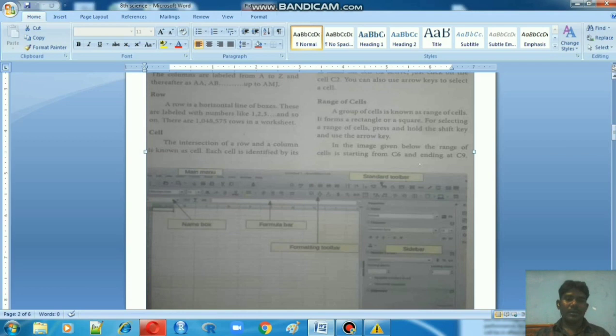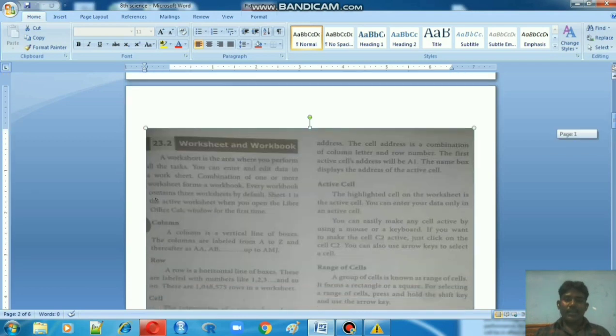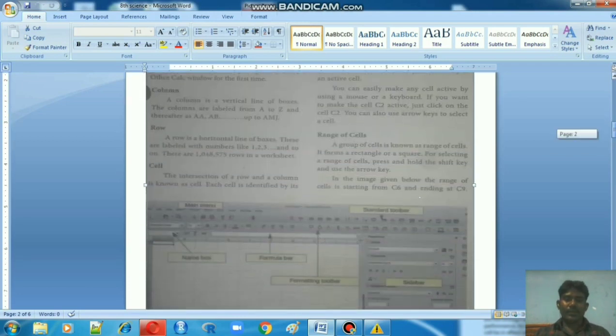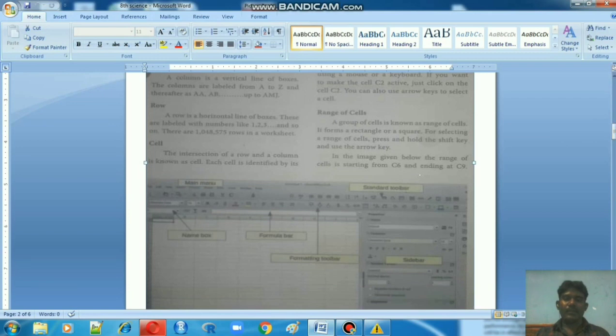Next, what is a cell address? A cell address is like A1, Z1, AA1, AB1, AB12. This is the cell address. C2, C1, that is called a cell address.